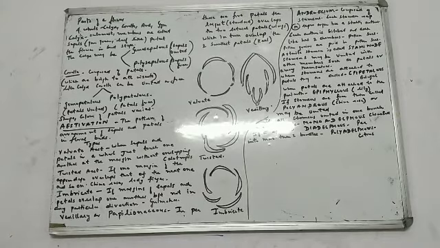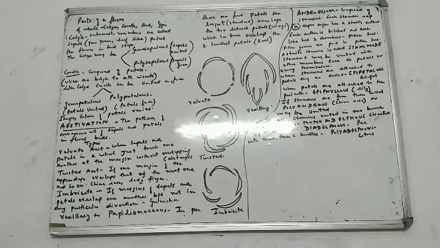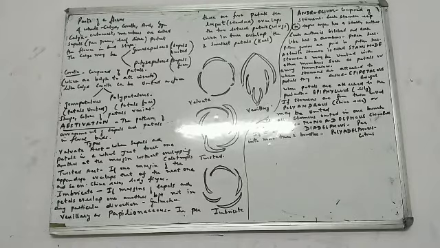But if stamens are free, not attached to any other part, then they are known as polyandrous, P-O-L-Y-A-N-D-R-O-U-S, for example China rose. So we had 3 kinds of combinations for stamens. If stamens are attached to petals, they are called epipetalous, for example brinjal. If attached to the perianth, then we call them epiphylous. But if stamens are free, not attached, then we call them polyandrous, for example China rose.